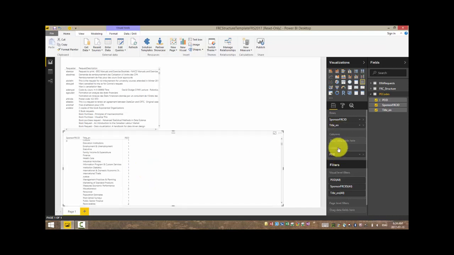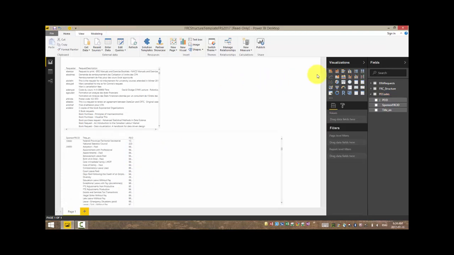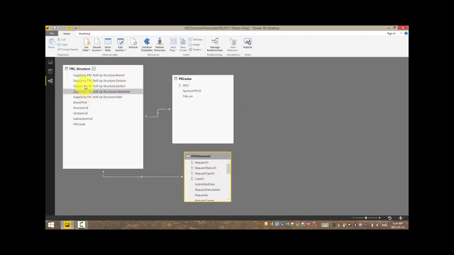Here it's doing a count of PE, instead I'll just do it up here. Show me the actual PE ID, there we go. So we see we have the sponsor FRC, so Office of the Chief Statistician, and then we have all the PE codes here going down. So there are two different tables, two different sets of information, but now since I linked them here to the